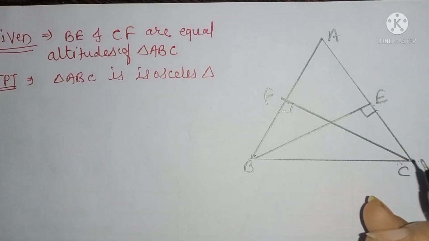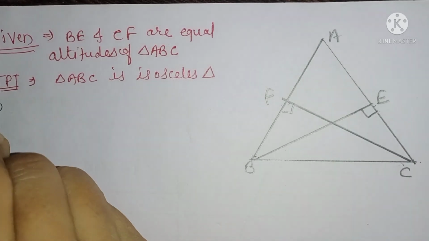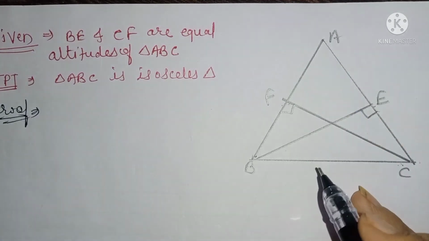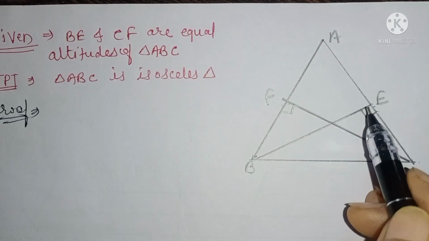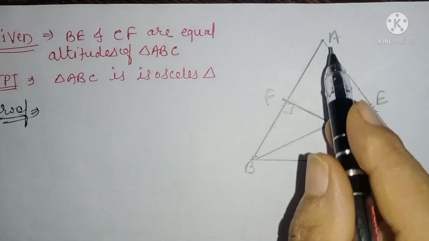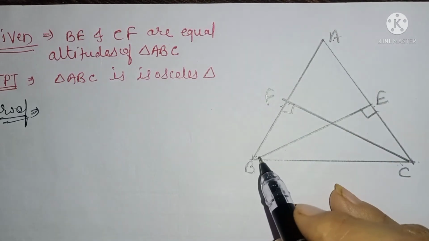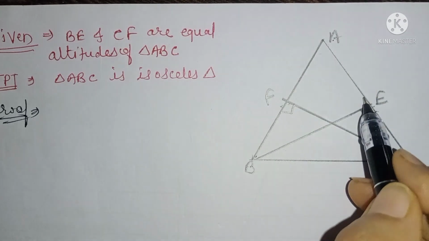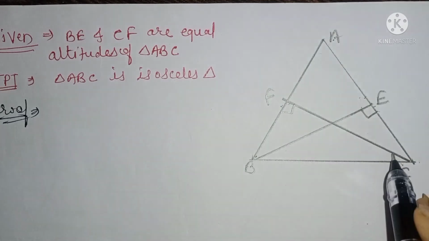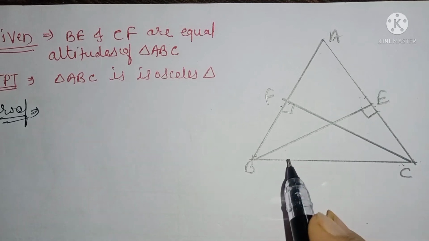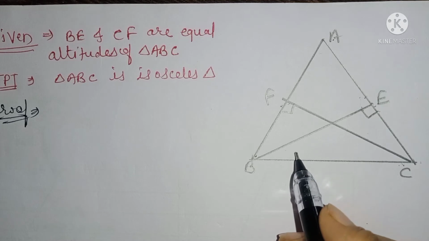So see, अगर इन्होंने हमें क्राइटेरिया का कोई बॉन्डिंग नहीं दिया होता तो हम ऐसे भी कर सकते थे. AAS से इजीली हो जाता था, मतलब अभी भी इजीली ही हो जाएगा. AEF और AFC अगर हम ये दो ट्राइंगल्स को लेते तो हम ले सकते थे कॉमन एंगल, उसके बाद 90 डिग्री और फिर ये एक साइड, AAS से प्रूफ हो जाता था और फिर AB इक्वल टू AC बाय CPCT होता था. But now we cannot do that. We have to use RHS only, right angle hypotenuse side only.